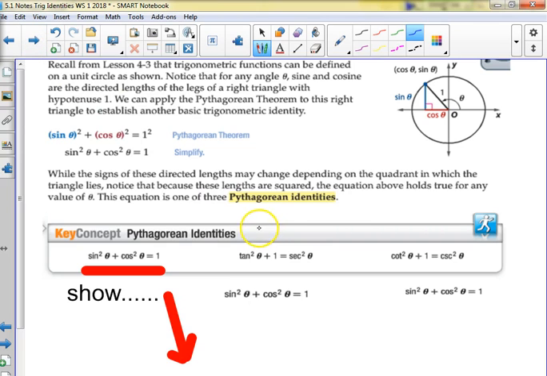Okay. So we get to the Pythagorean identities. We just talked about this one, sine squared plus cosine squared equals 1. They are on the pink sheet. I'm not going to make you memorize them, okay? This one you should have memorized, honestly. But the other two